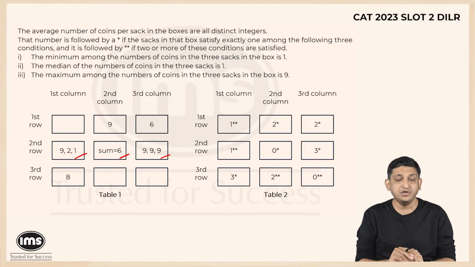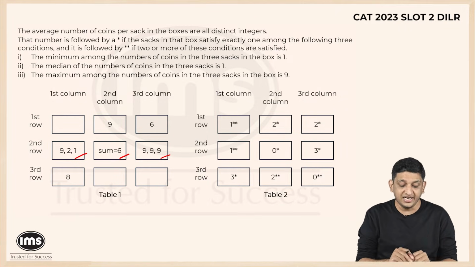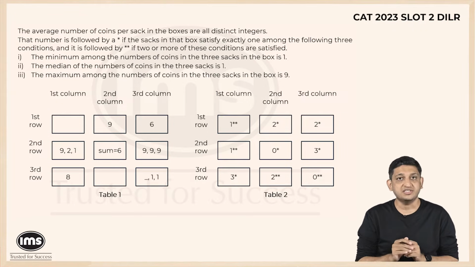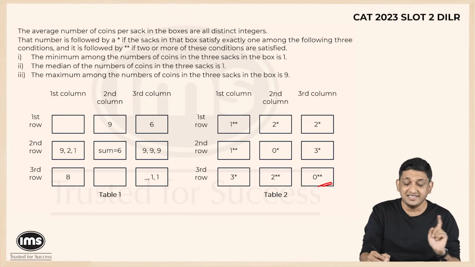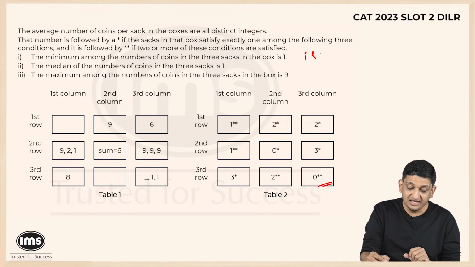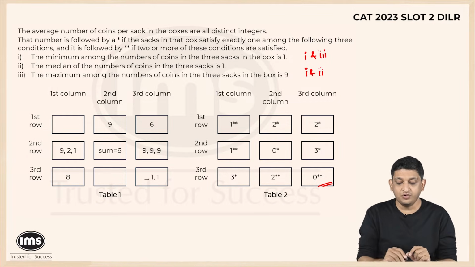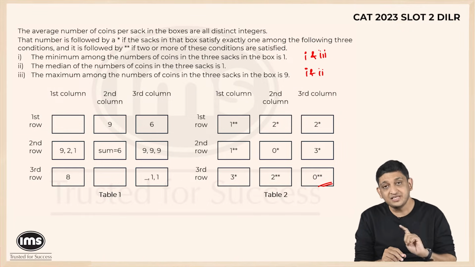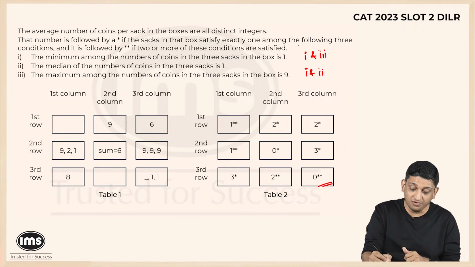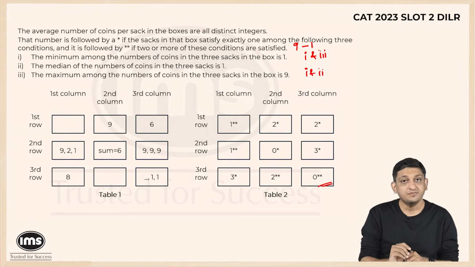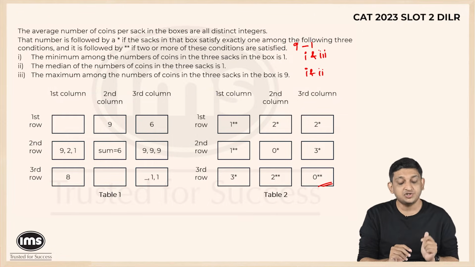The next bit that we can do in this particular context is you can have a look at the next number that we have. So if you look at the bottommost position here, right? So the bottom right corner, if you look at it, it's 0 star star. Again, whenever you have a star star, there are 2 possibilities that exist, as I discussed earlier. Either statements 1 and 3 are true simultaneously, or statements 1 and 2 are true simultaneously. Now if statements 1 and 3 are true simultaneously, what will happen? I will have a configuration in the form of 9 dash 1, because 9 has to be the maximum and 1 has to be the minimum.